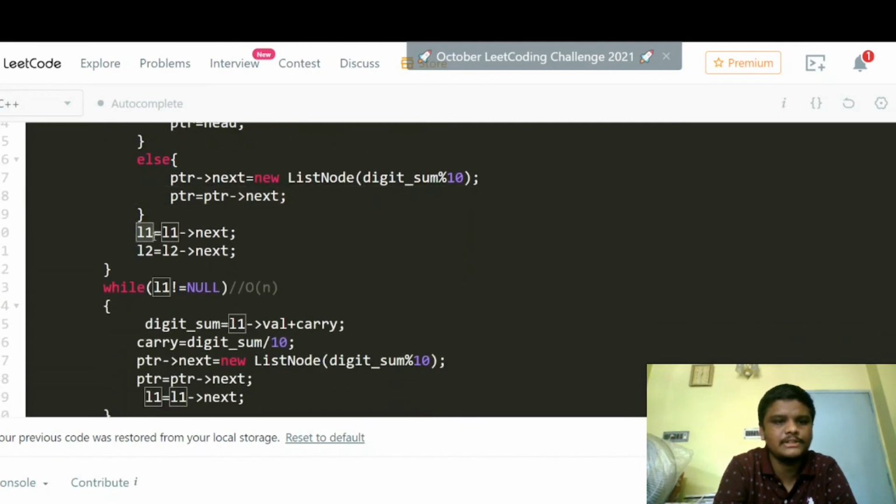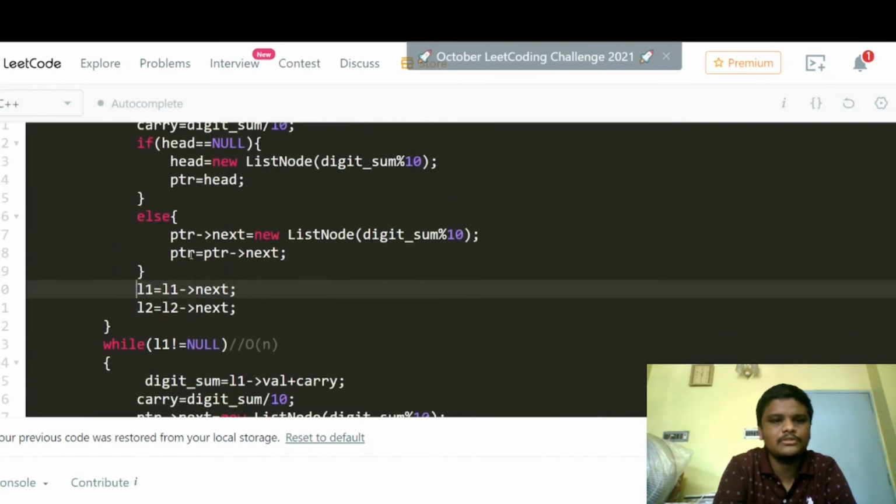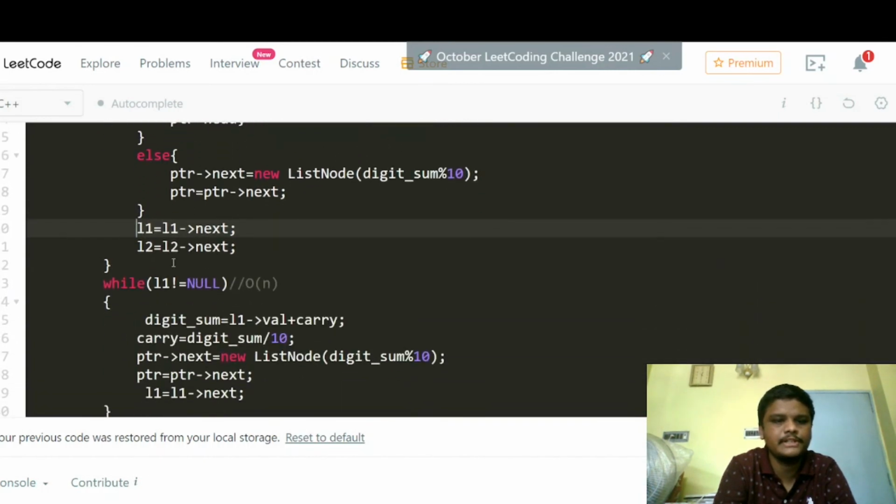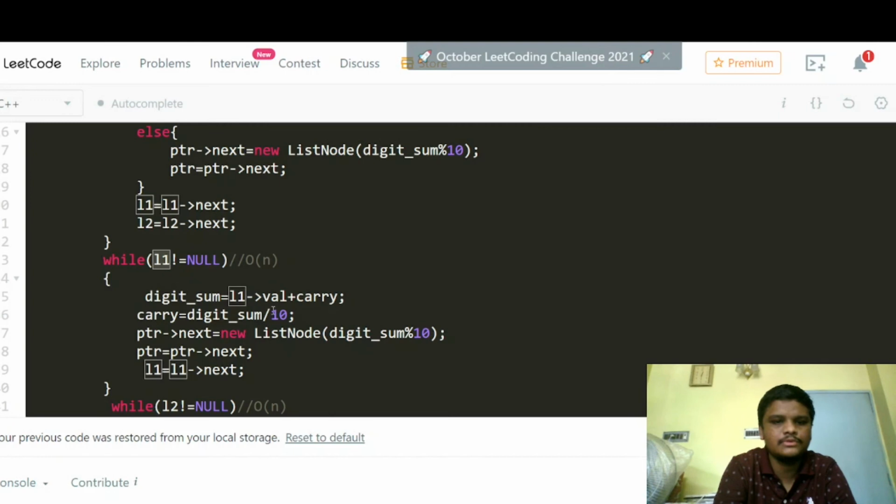Then we have to increment the value of l1 and l2 by 1. That is, now l1 is going to point to l1 dot next, while L2 is going to point to L2 dot next, right? Now coming out of the while loop, if we found that L2 has become null but L1 hasn't, then we need to find the sum of L1 of val plus the carry, right?